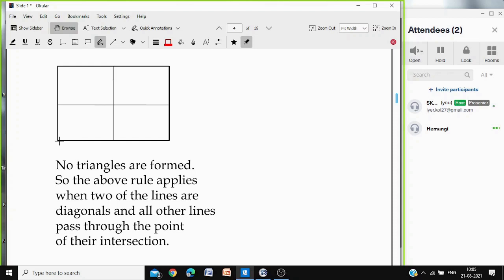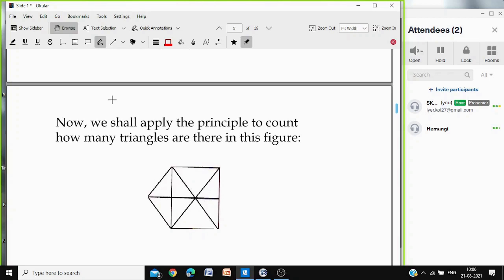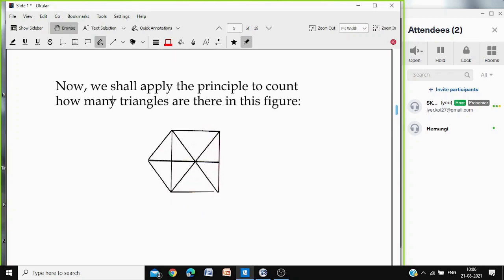So first of all, you have to join the diagonal. Only then afterwards you can draw the other lines. The first rule is that the diagonal must be there. If the diagonal is not there, you will not get any triangle. So first of all, the diagonal must be there and all the lines should pass through this common intersection point. So the rule is valid only if you have the diagonals drawn. First of all, you have to join the diagonals corner to corner. Then you draw all the lines crossing that intersection point. Then you can say the number of triangles is equal to number of lines into 2.